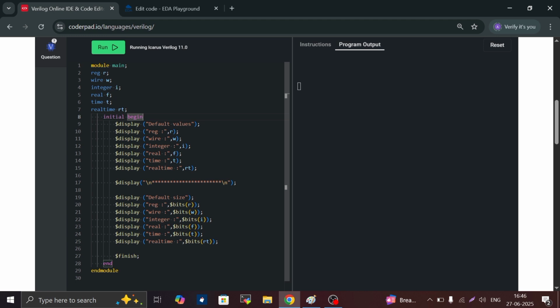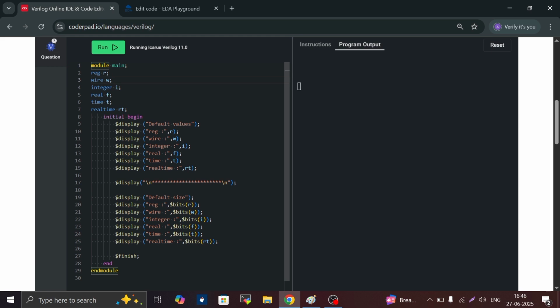Of course we can use an always block, but any procedural block is useful, and we are using an initial block because we need not run this forever till the end of the simulation. If we run this one time, that is enough. That's why we are taking an initial block. We will be seeing more about this initial block, that is procedural blocks, in our coming sessions, so don't worry about this. Now you just concentrate on the types I have declared here,